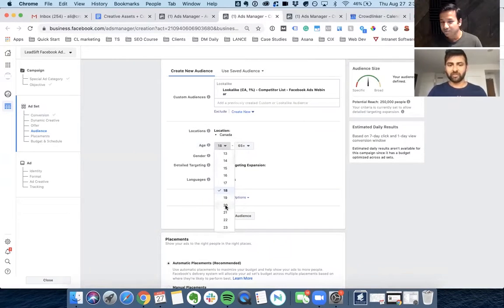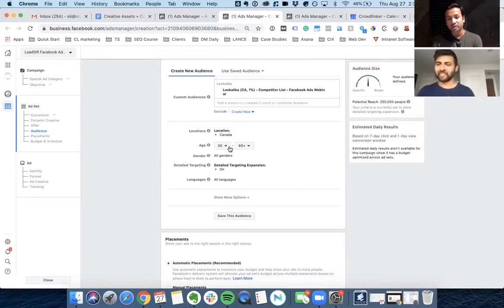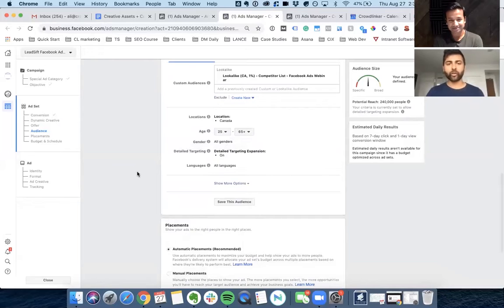I don't think we have 20-year-old marketers we sell to. So what do you think is the minimum limit? I would say 25 would be the minimum. That's what we have noticed. But to be honest, our marketing person is younger than that, and she's pretty kick-ass. So sure, let's just go 25. All genders, we'll keep that. It's a little too early to start being specific. Once we have the winners, then we can become more specific. But when you're starting off, you want to let Facebook do its thing and figure it out.